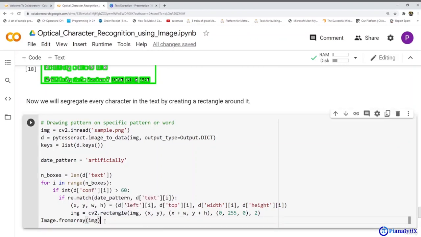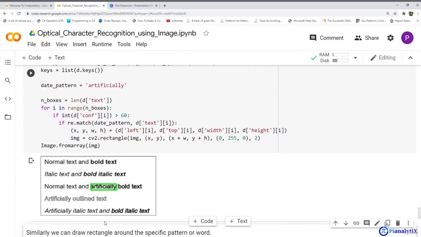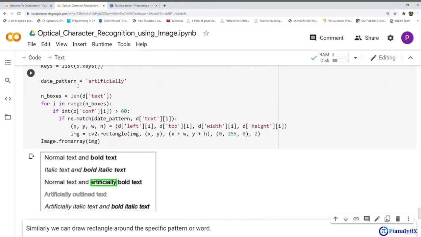Let's run this and see how it happens. Here you can see that we chose the pattern as 'artificially', so it found 'artificially' in the text and created a rectangle around it. Similarly, we can draw rectangles around specific words or patterns.